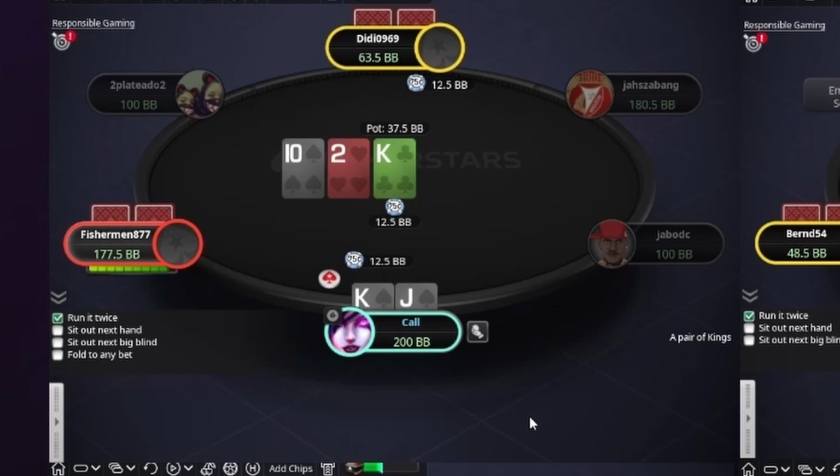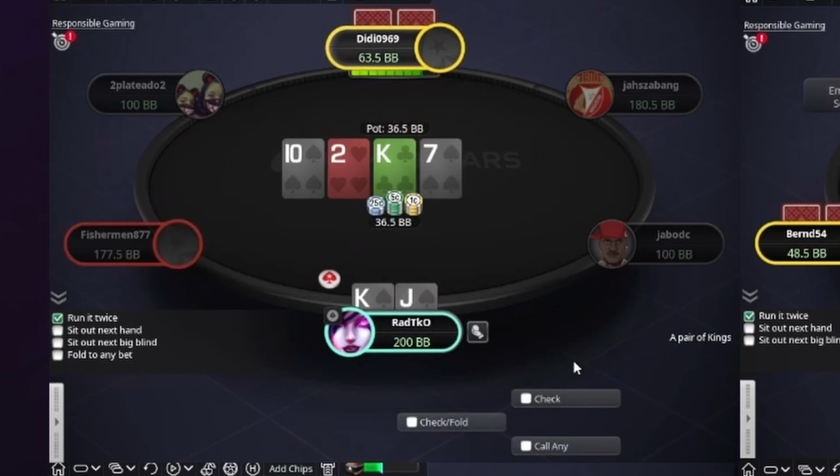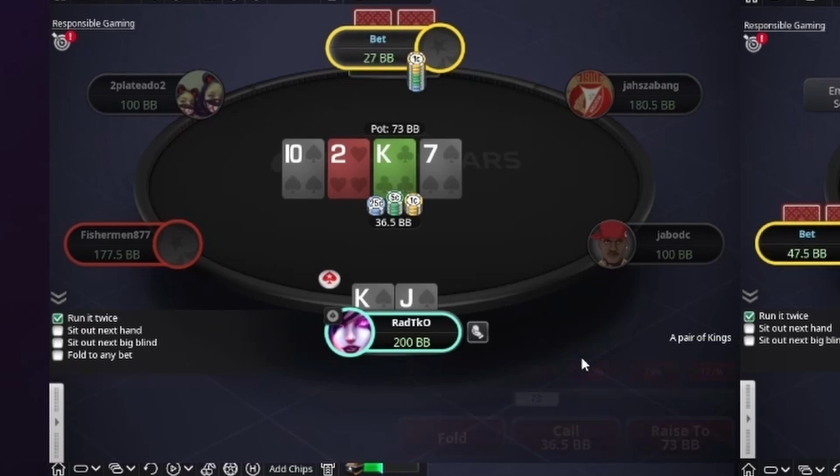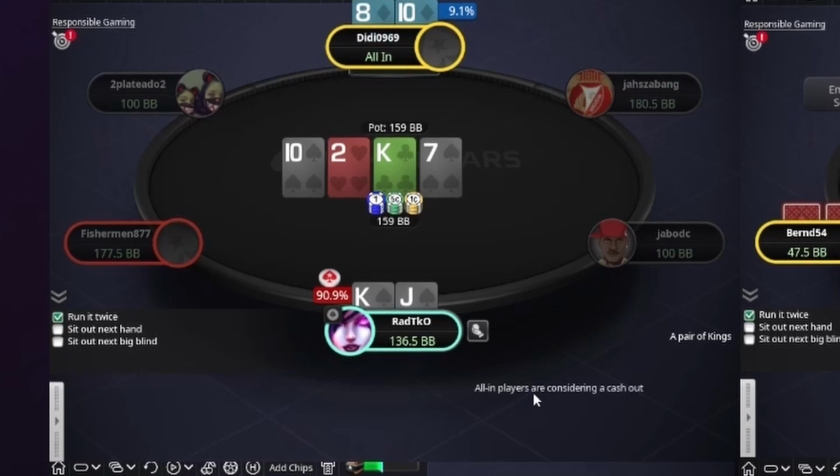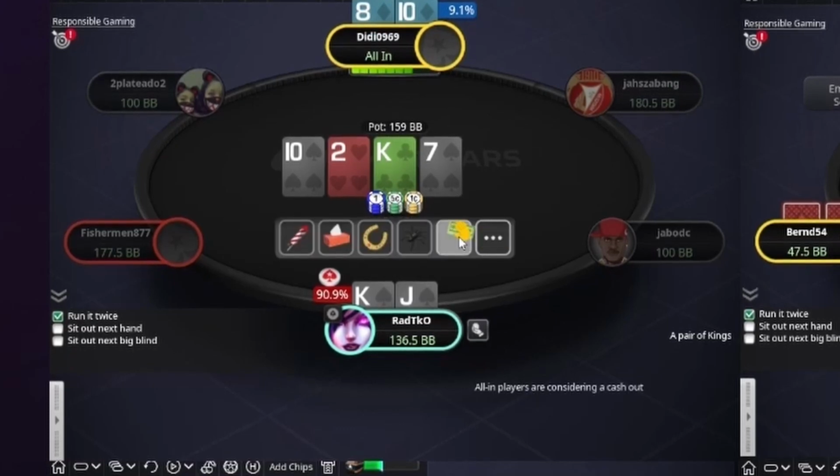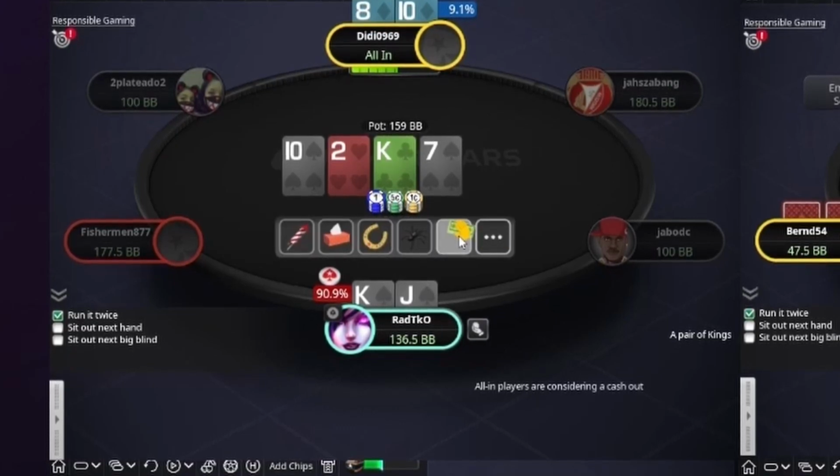Yes, he folded, and on the turn it's a no-brainer for us, because we already had this player marked on the yellow. We know that he's playing funny combinations, so I just raised it all in. And let's see what this player is playing with. He's playing with a 10-8 suited, so the 10 middle pair is really good for him.